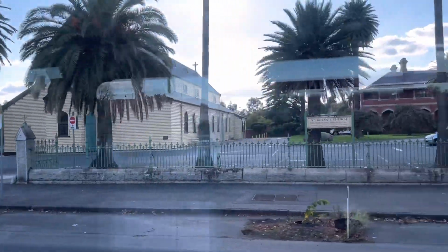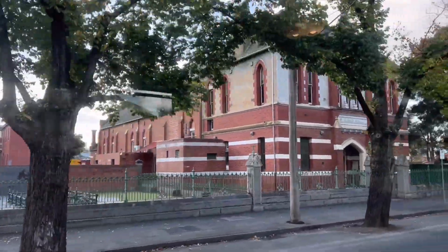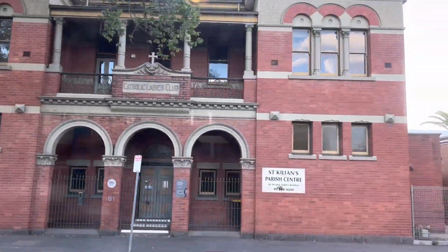Saint Killian's was initiated by the Catholic priest Reverend Dr. Henry Backhaus, a German immigrant who came to the goldfields in 1852. He was sometimes called Reverend Ford. In 1882, he left behind real estate valued at more than